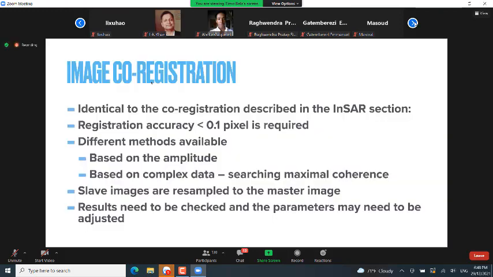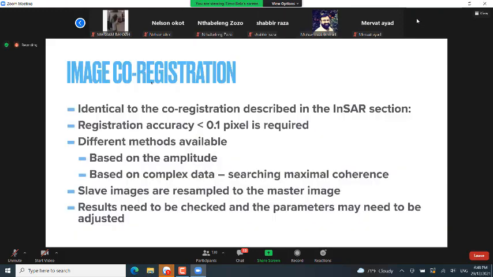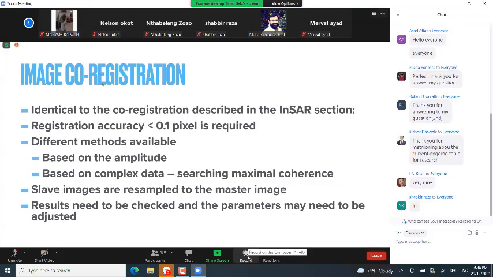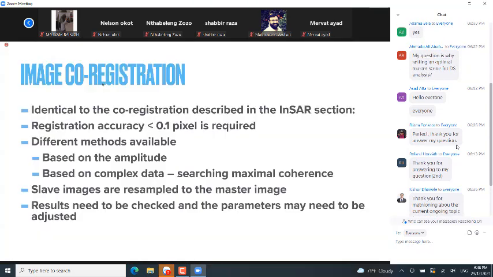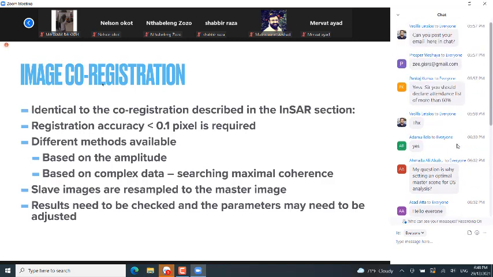What is the best fitting combination? Where do these small image chips fit best in a certain search area? You can do that in sub-pixel accuracy. And then you estimate the parameters that you need for your resampling. Because you have many more small image chips than you actually need to estimate the parameters, you can then go